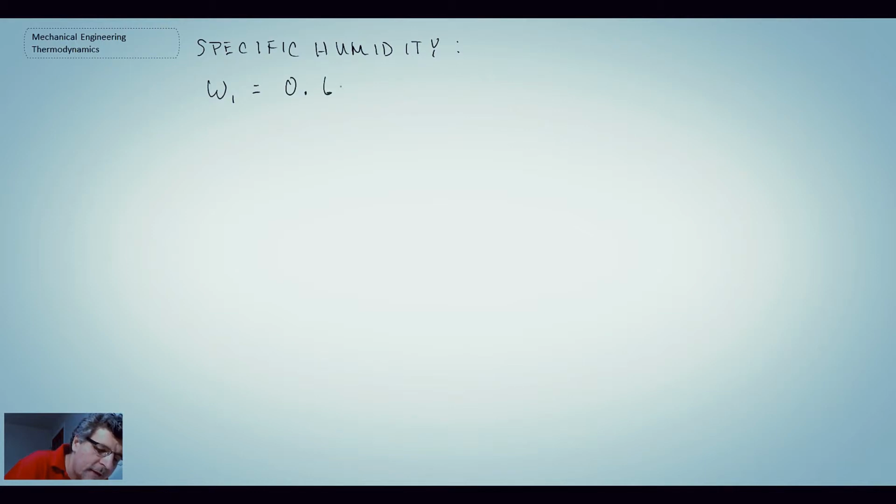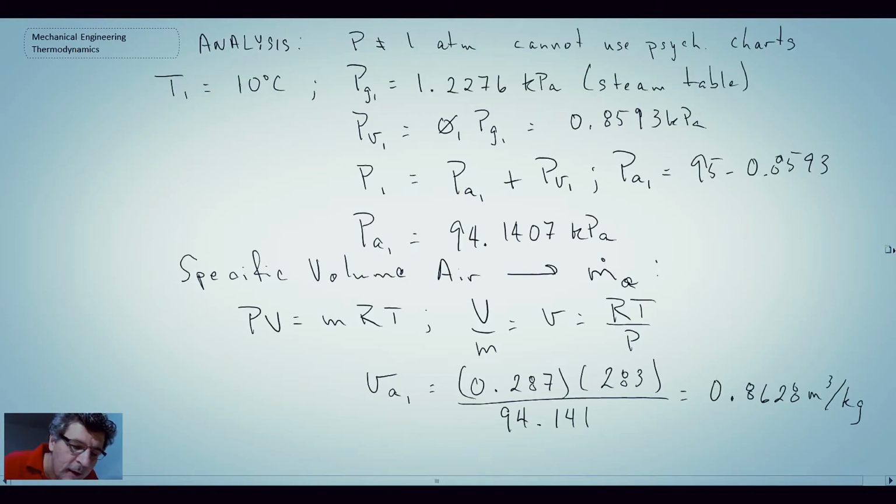And this goes back to the equations that we looked at in an earlier lecture. Now we determined the vapor pressure, it's right here,